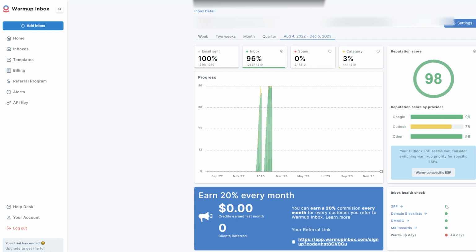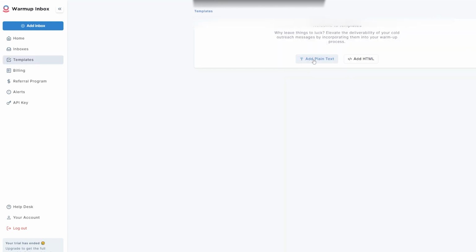Now down here, you can actually see the different healths of these different parts of it. So you've got your SPF records, domain blacklists, DMARC, and MX records. Now if you want me to make a video on how to set up all of those, I can actually do that for you. So what we can do over here is the template section,